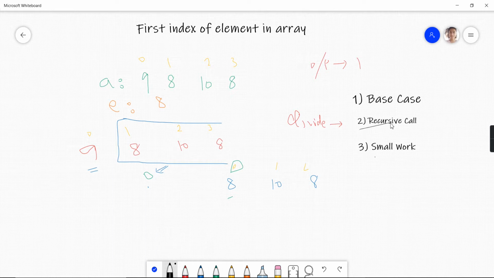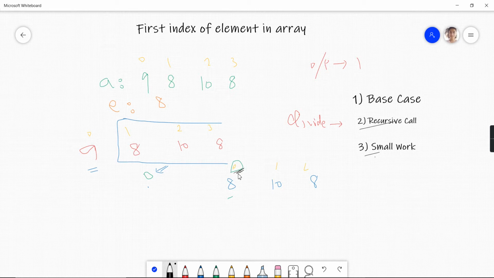Now this was the recursive call, right? Now it's our turn to work. So we have to do the small work. What will the small work be? We check: 0 is returned by recursion. According to the array which was given to recursion, 8 was present at the 0th index.